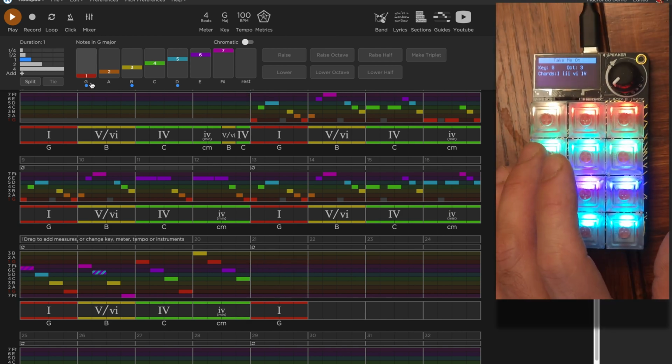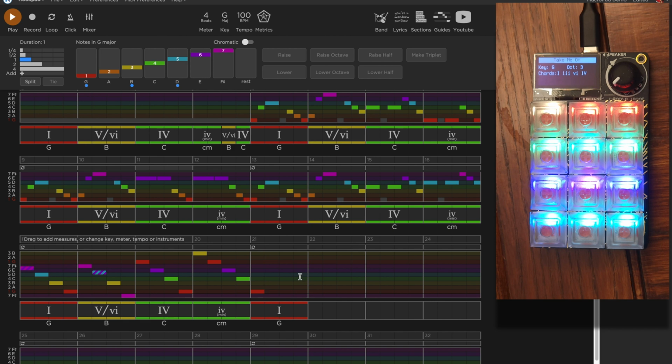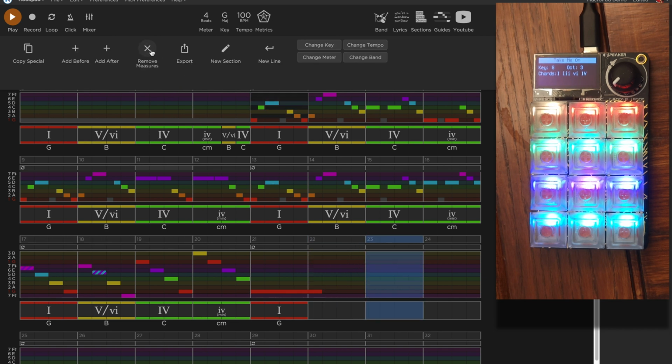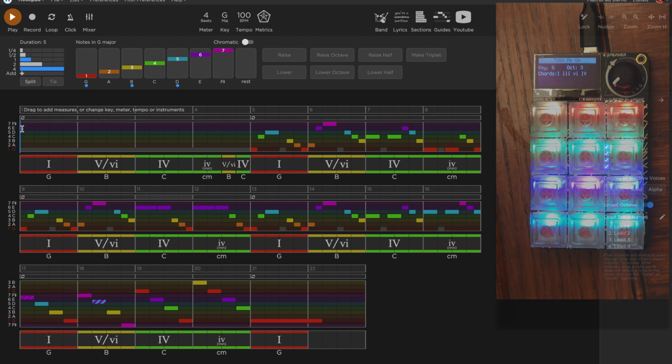Alright, good enough. So let's add our final ending note, which is just going to be one long, stupid note that outlasts the final chord played on the harmony. And let's just get rid of these extra measures. There we go.